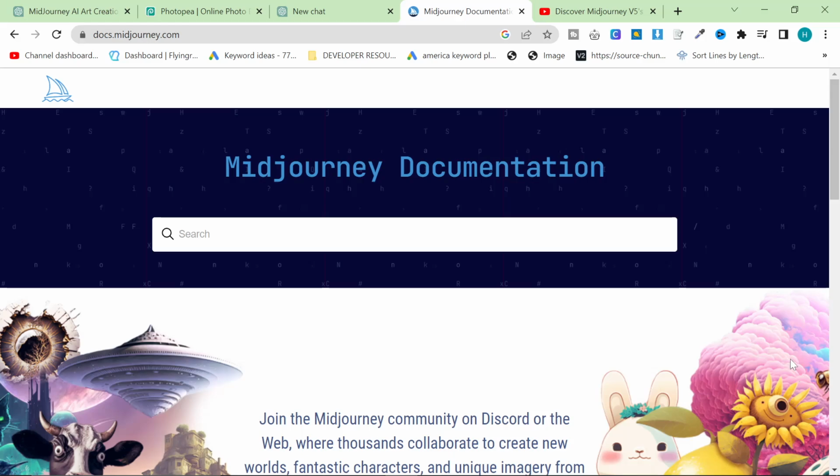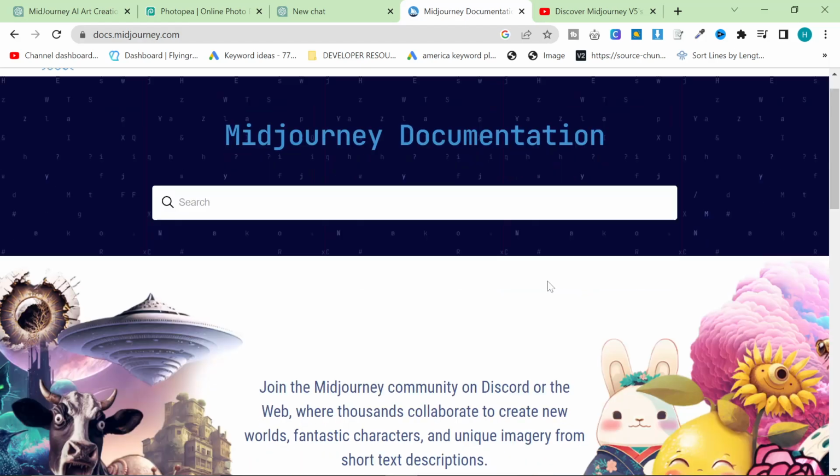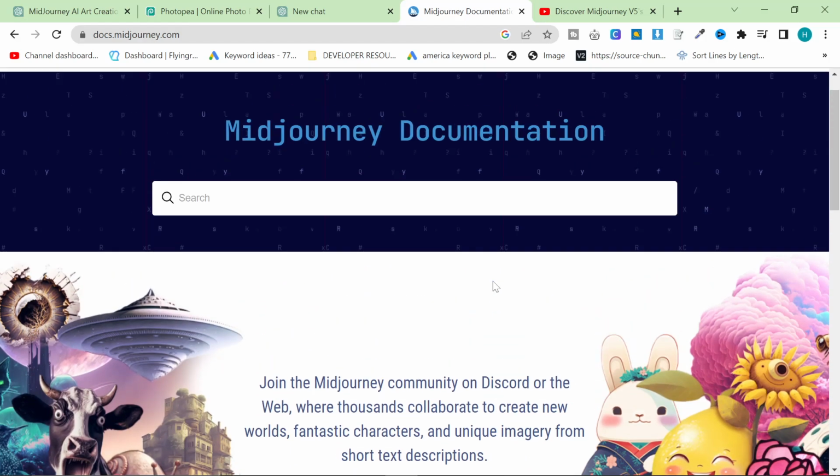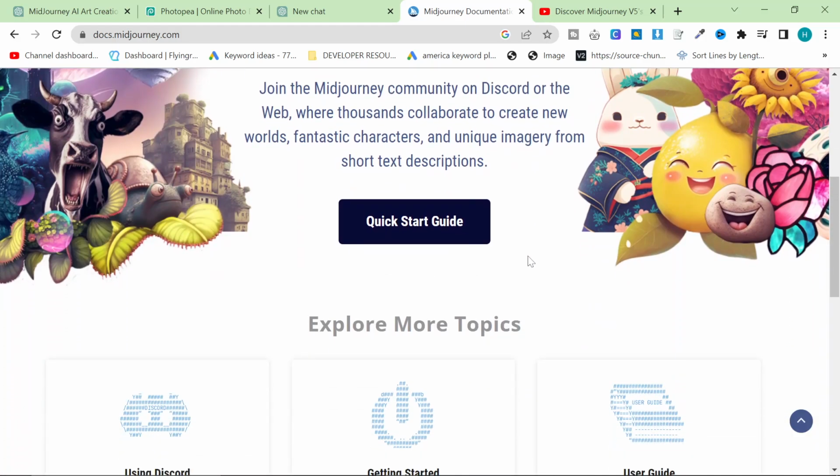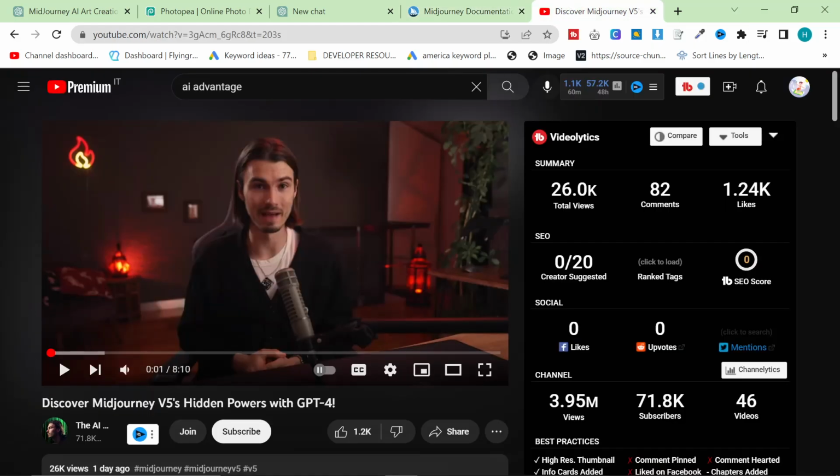Hello, in this video we're going to be talking about how to make photorealistic pictures using MidJourney. We're going to be using ChatGPT4 to create the prompts, and basically what we're going to be doing is inputting the MidJourney documentation and a couple of prompts from the AI Advantage, which is, honestly, go